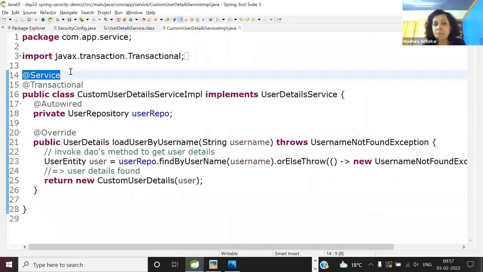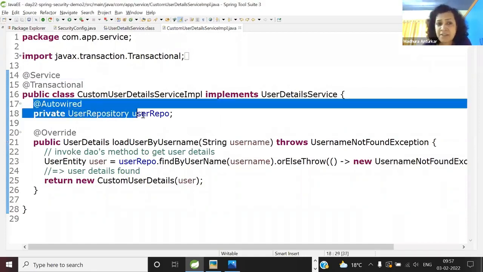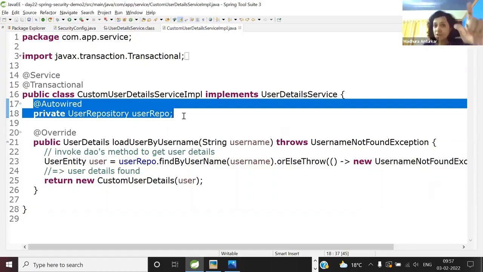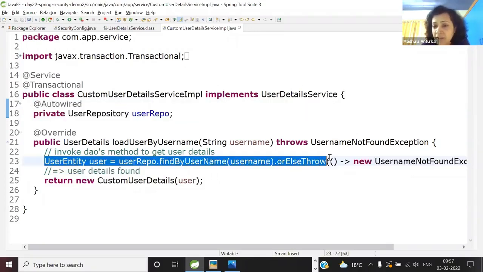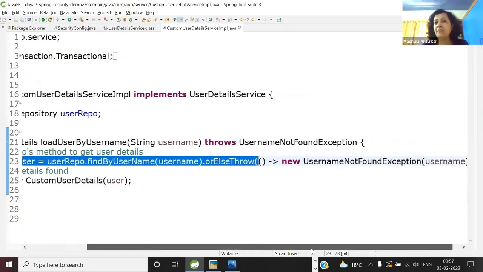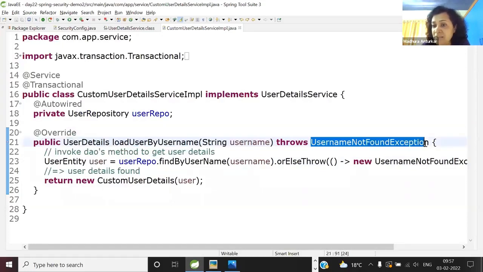So you can say add component, add transactional, but typically it is a service layer, so add service. But service is dependent on what? A user repository. User repository manages what? User entity, etc. So now here we are calling the method. If the username is found, great. User is loaded, great. Otherwise, we are using Spring security exception to be thrown to that authentication manager, which will